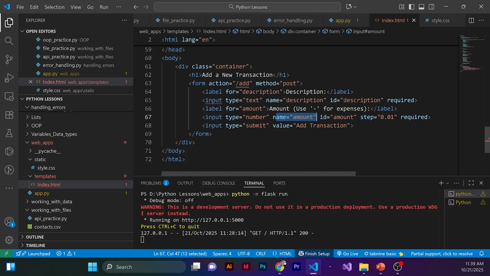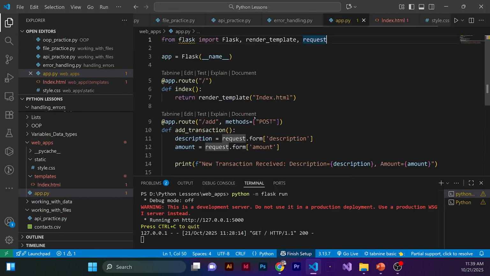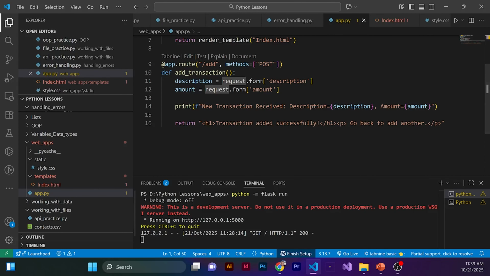So you can see the data arriving in your VS Code terminal. And then we're just returning a simple confirmation message. All right, so I'm gonna just stop this and then run it once more,